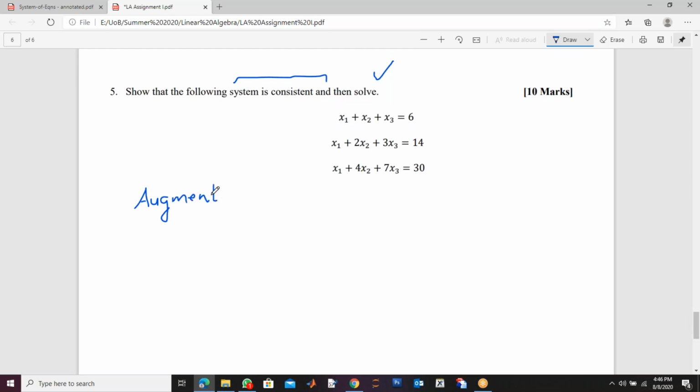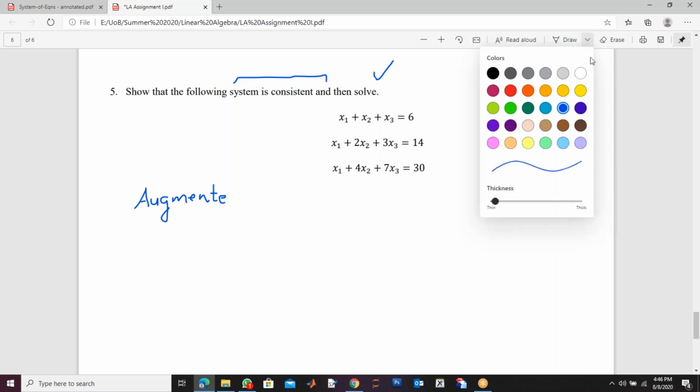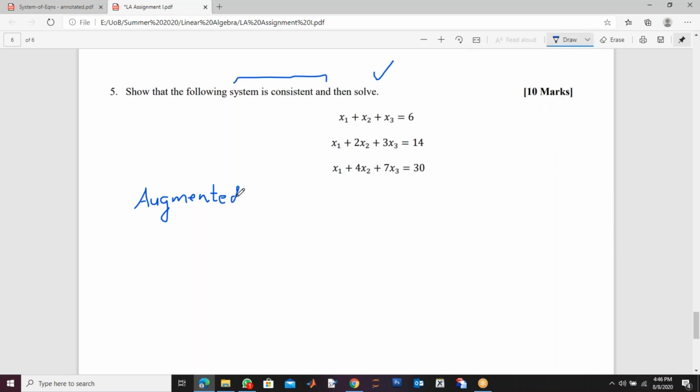If you watch my video again, I did an example by the elimination method, and I kept writing the augmented matrix with it. So I think that will give you very good practice, and it will make sense why we are using row operations on the augmented matrix, and how it gives me the solution. On one side I did the elimination, on the right side I played with the augmented matrix, and of course it gives me a good thing.